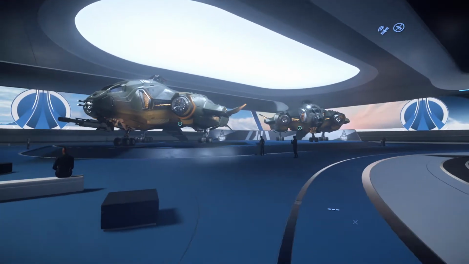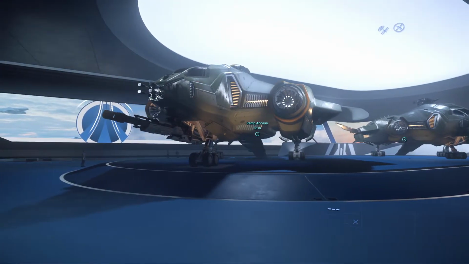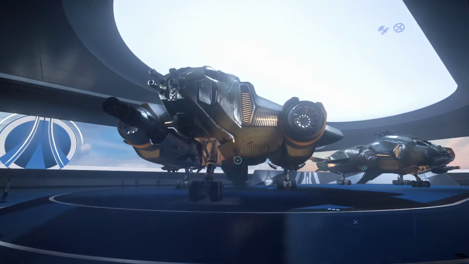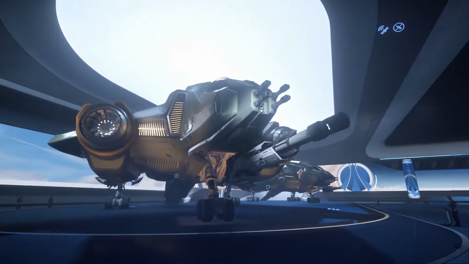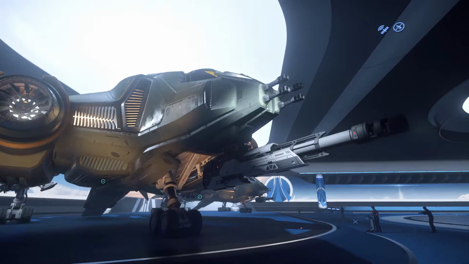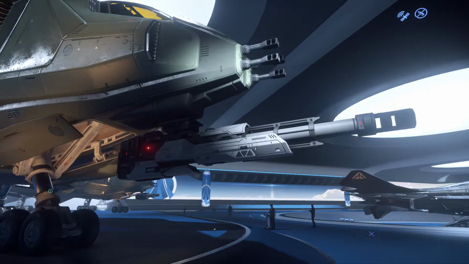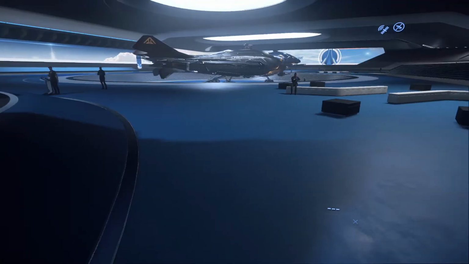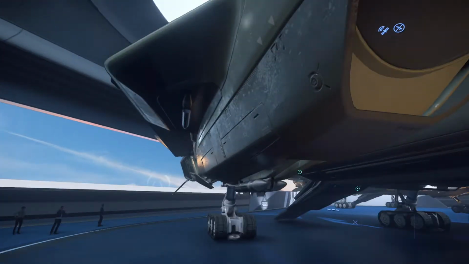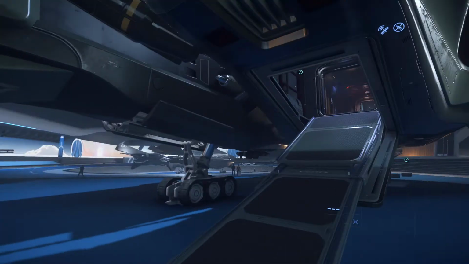The first variant we're looking at right now is the Vanguard Heartbringer, or Harbinger. I can't seem to say the word correctly, but Heartbringer, or I like to call it the Hellbringer. So the Hellbringer is basically a souped up bomber edition of the Vanguard. You've got 4 size 3 quad ballistics with a size 4 cannon. Same missile armament as well, but in addition to the missile armament, you also have, going into